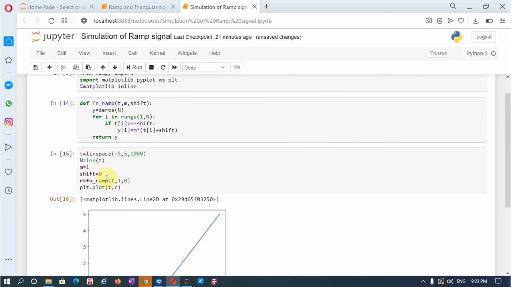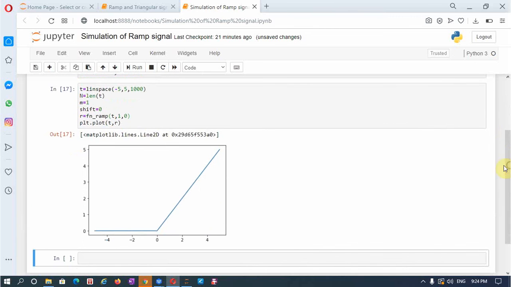So with m is equal to 1 and shift is equal to 0, we get the ramp signal starting from 0 with slope equal to 1.